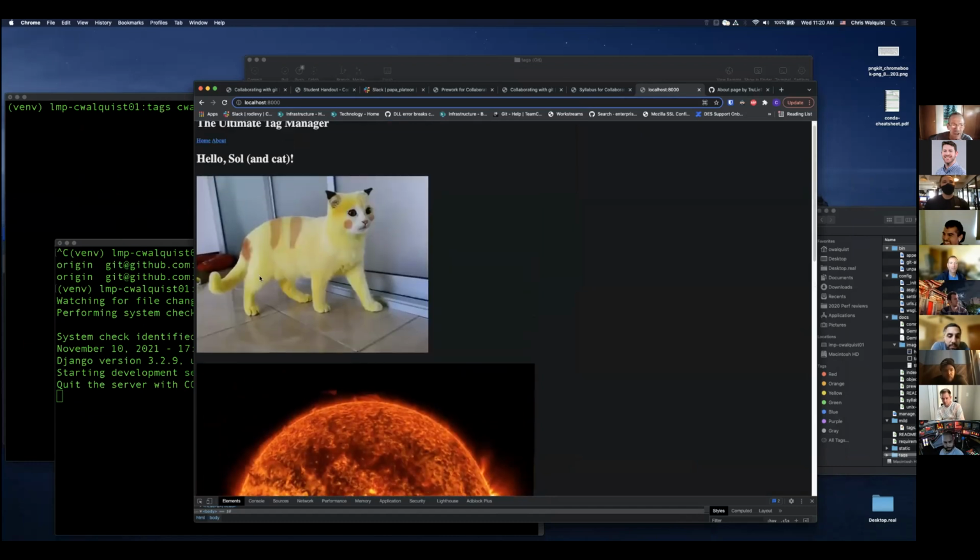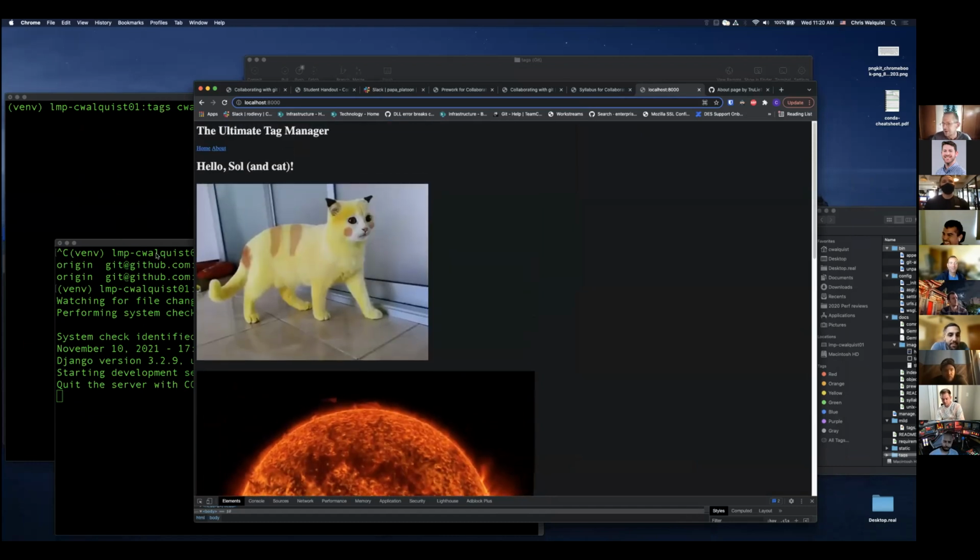Glad I could contribute. So what else I want to demonstrate is this, there's this thing called Git Rebase, and